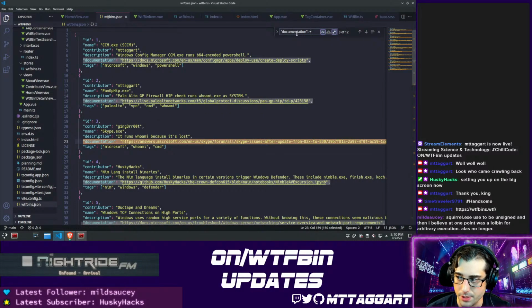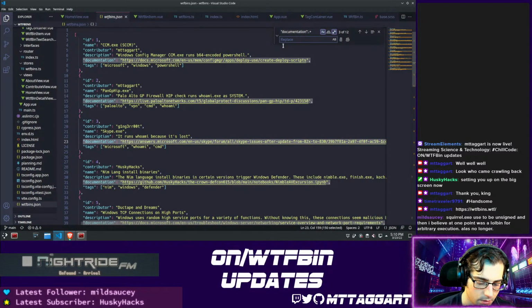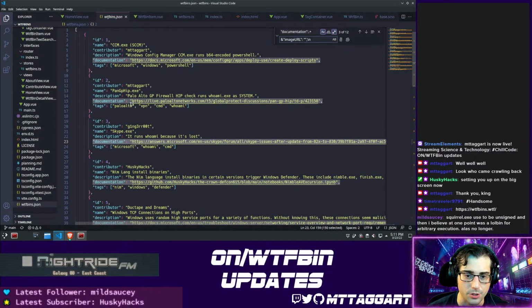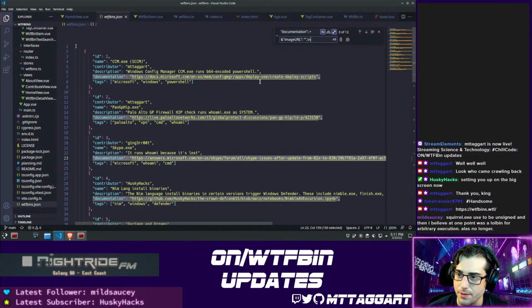Now, what we're going to do with this is replace it with the initial match, which is the ampersand. And then we're going to add image URL. Yep, all this looks good. So I'm going to add essentially a key value pair with regular expressions to every entry here so that each one has one. I think I've gotten this right,